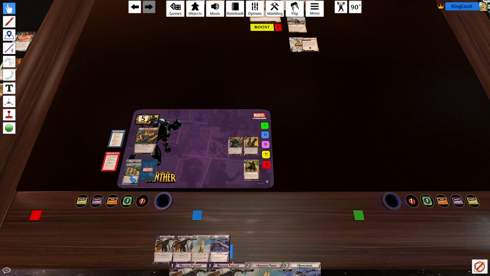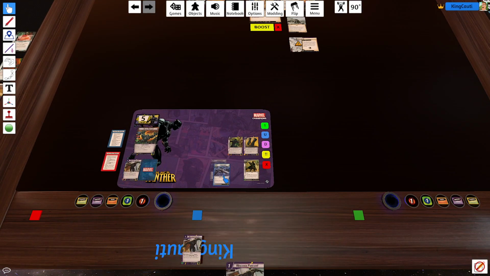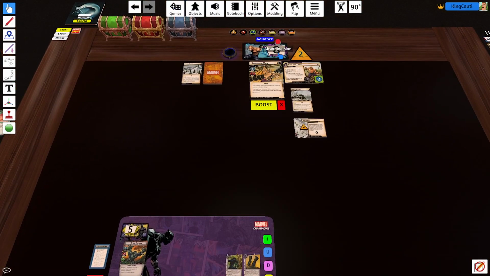Okay, so what I'm going to do is, as much as I want that Avengers Tower, we are going to get this Quinjet online, and then we're going to use it to play this Wakanda Forever. So I'm going to remove... We're going to deal...